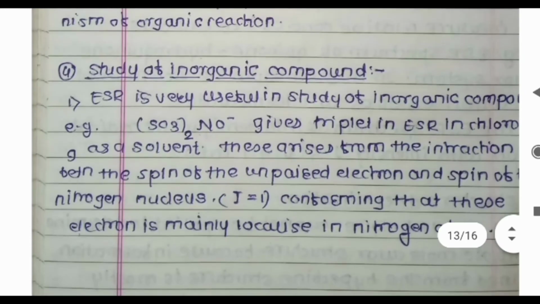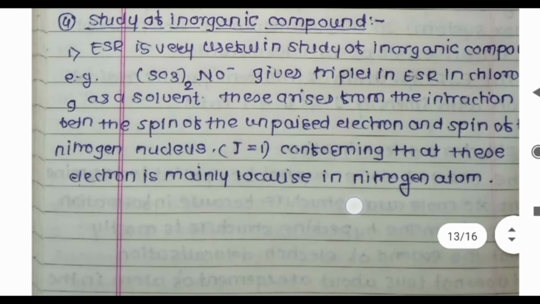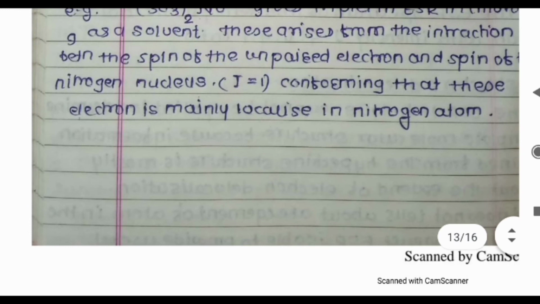So ESR spectroscopy is useful in the study of inorganic compounds. For example, we have calculated the number of lines for the SO3 twice NO minus ion. It will give you a triplet in the ESR spectrum with chloroform as a solvent. This is due to the interaction between the spin of the unpaired electron and the spin of nitrogen, and this